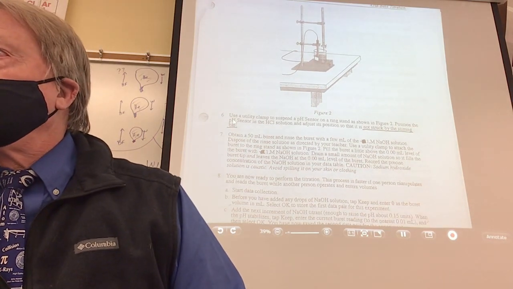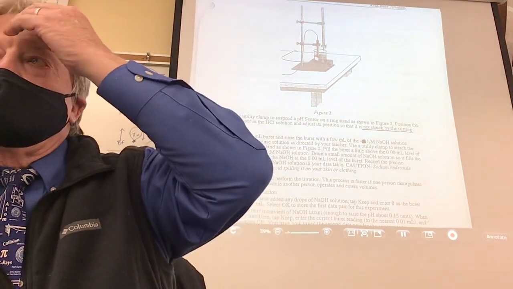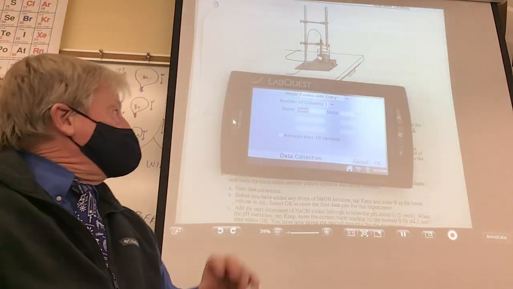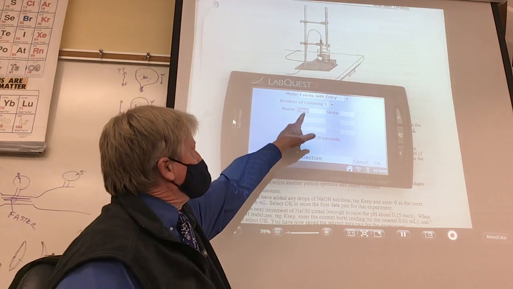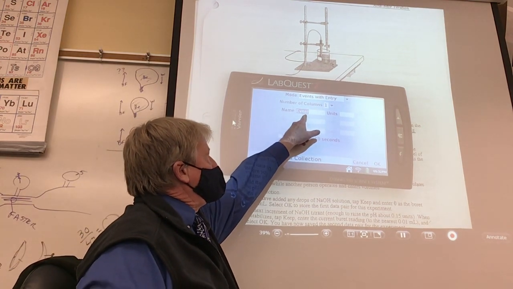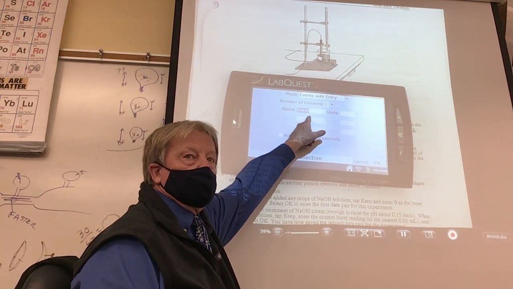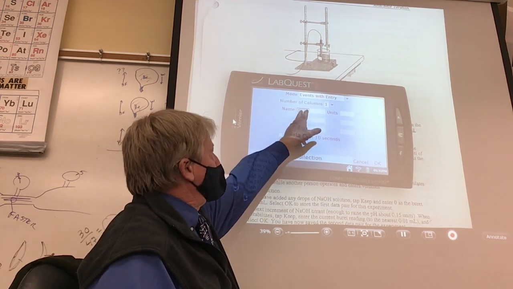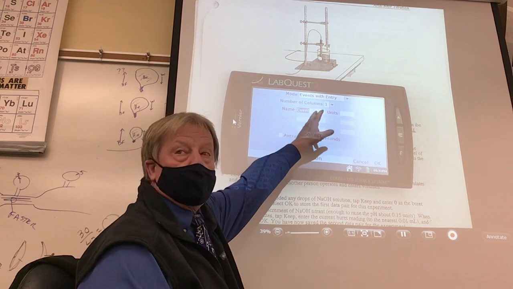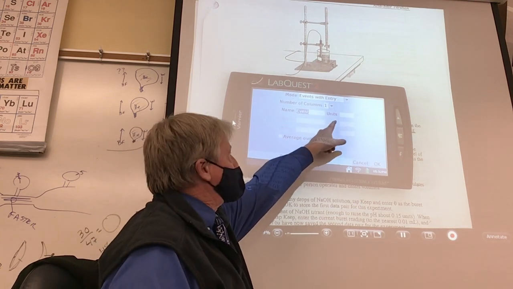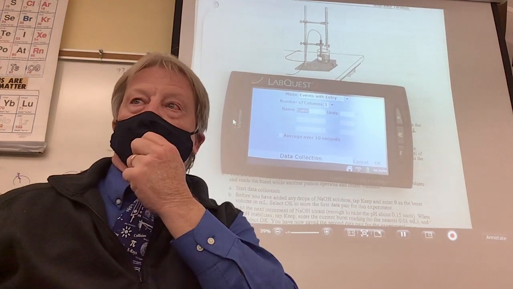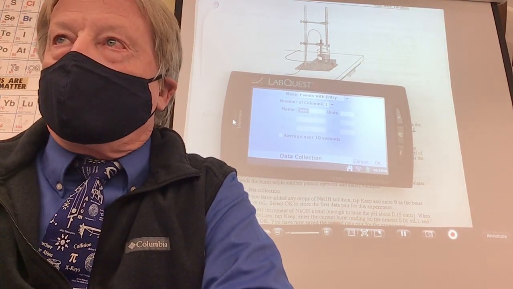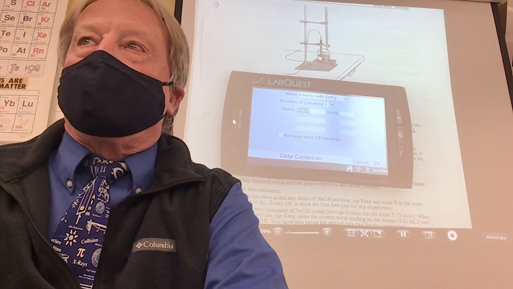Do we need to tell it when we're going to take data, or will we just start measuring? Even though I'm going to choose events with entry, it's going to ask you what you want your variable to be. Again, it tells you in there, you're going to put volume of NaOH, and just say what units, milliliters. So the directions will tell you pretty much what to do. I'm just saying, if you forget that one step, it doesn't work.